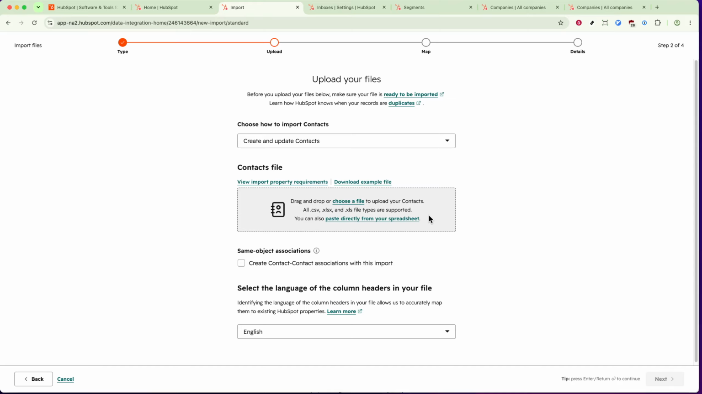By following these steps, you've learned how to import contacts into HubSpot, whether from a CSV file, an Excel spreadsheet, or an integrated app. This process is an essential part of getting the most out of HubSpot's CRM tools and will help you keep your contact data